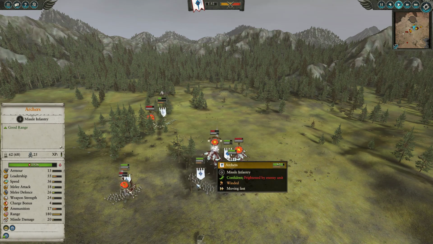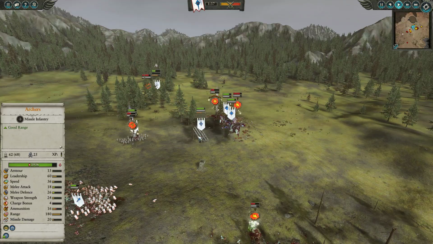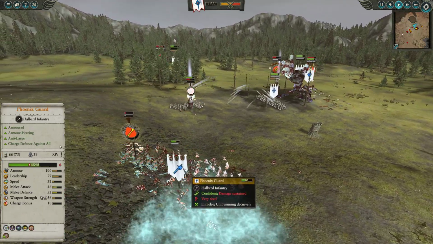Once again, there was a bit of a glitch. I think it might also be a problem with my mouse. Regardless, you can see the archers were doing a little bit of a shimmy there, but that was simply some micro issues. You can see a Wind Blast goes down and just wrecks the Phoenix Guard once again,